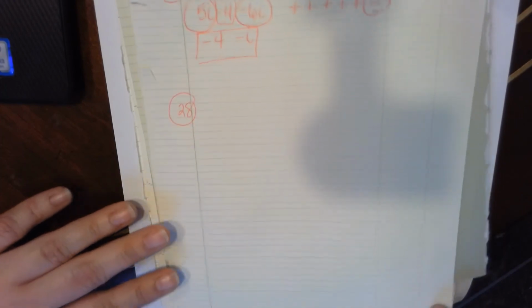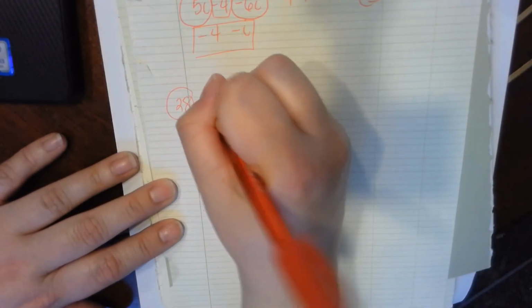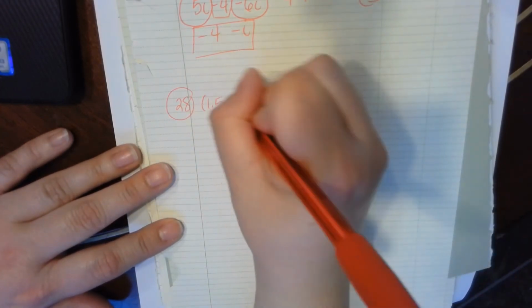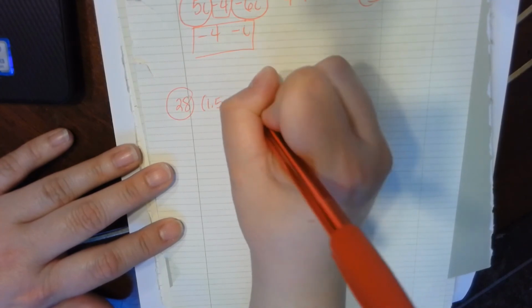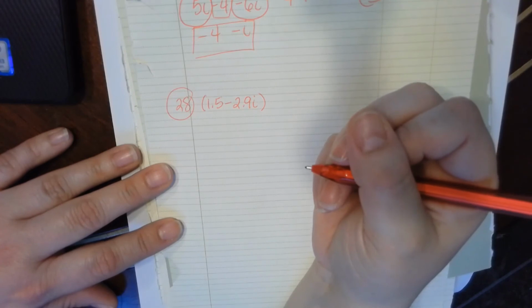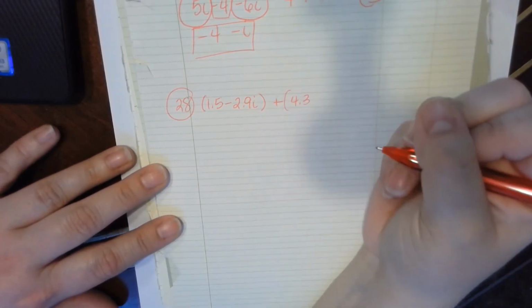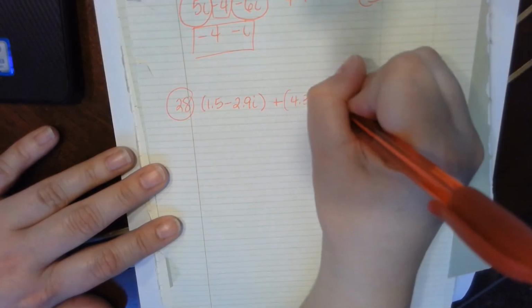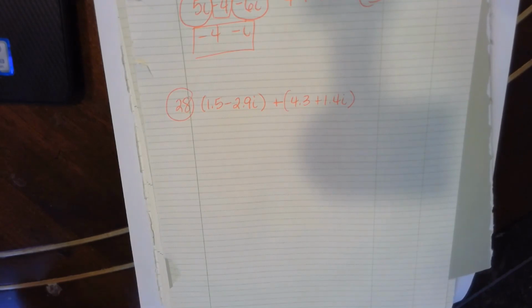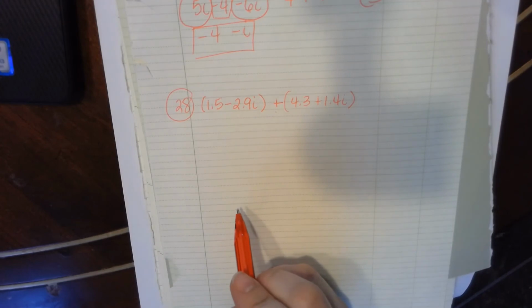Okay, last but not least, number 28. Now this is exactly what we've been doing. They're just going to use decimals, but don't let that trip you up. Just remember how to do decimals. You'll be fine. So I've got 1.5 minus 2.9i plus 4.3 plus 1.4i. Okay, so just like we did before, when we're adding or subtracting these, we can combine the real